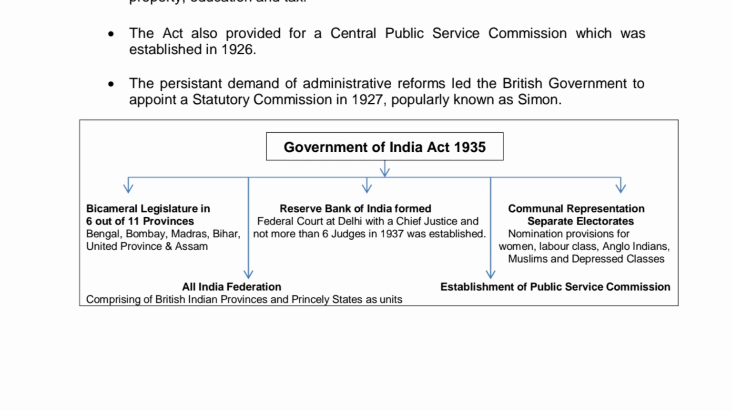Here, Government of India Act 1935. First is a bicameral legislature in 6 out of 11 provinces: Bengal, Bombay, Madras, Bihar, United Provinces, and Assam. Next is the All India Federation, comprising British India provinces and princely states as units. Third, the Reserve Bank of India was formed. Federal Court at Delhi with a Chief Justice and not more than 6 judges,